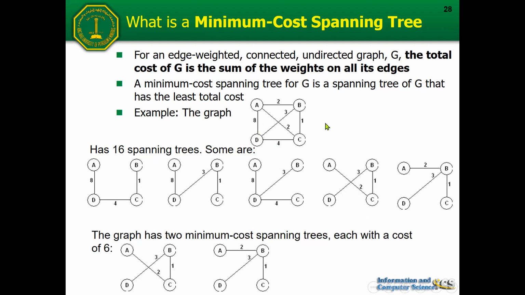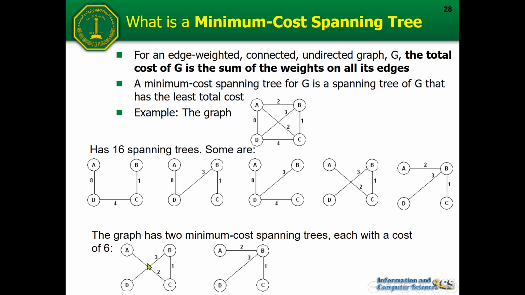By applying the spanning tree algorithm, maybe you do the traversal either by using BFS or DFS traversal. We can derive 16 spanning trees for this graph. The first one, second one, third one, until the last one. Here are only 5 examples of the spanning trees. But out of 16 spanning trees, there are only 2 spanning trees that have minimum cost, which is this and